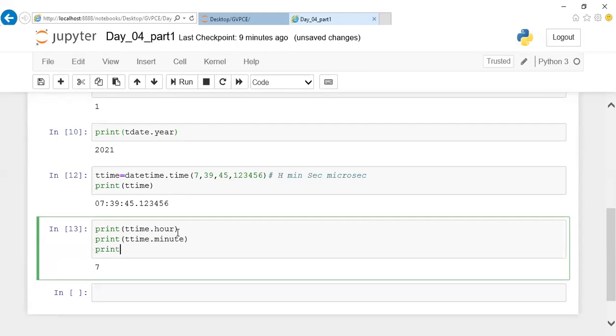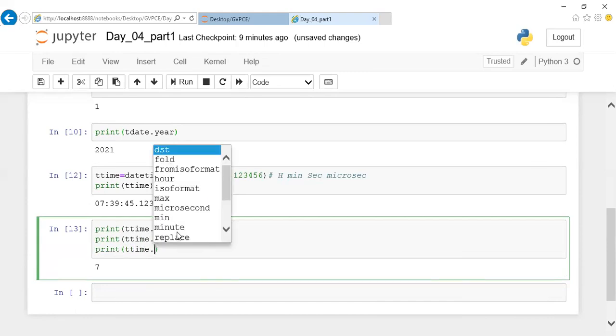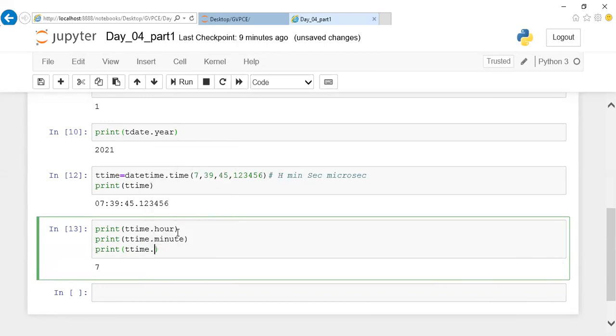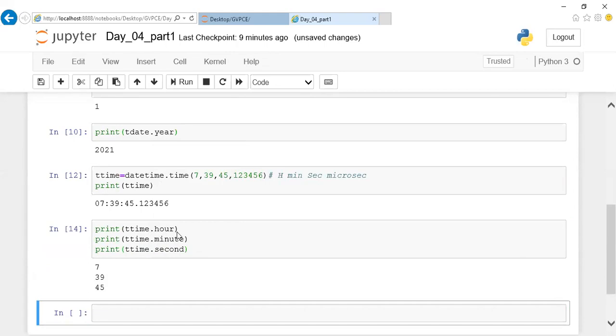Tea time is a variable where I store this time. Seconds. If you give microseconds, microseconds will be displayed. In this way, you can access specific hours, minutes, and seconds.